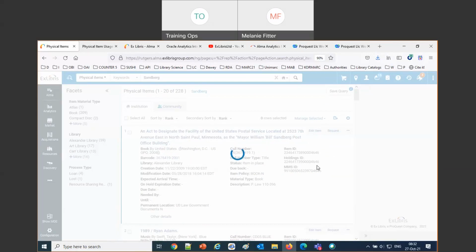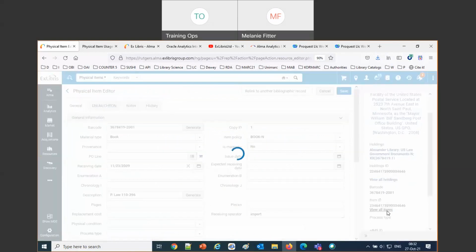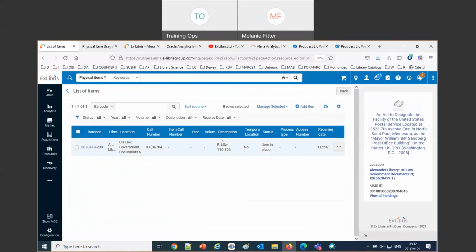Okay, so we're going back to the list of items here, just so we can show what we mean by missing. This is the item is in place, and it's toggle missing status. I didn't have the toggle missing status for the previous one because that item was on loan. So if the item's on loan, I can't say it's missing. I can set up an automated system to make them become missing if they're overdue, etc., but we'll save that